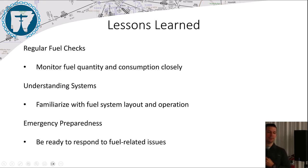So our lessons learned here: regular fuel checks. Monitor your fuel quantity and consumption closely. You can do that in flight, and more importantly, do it after flight. I try to be very disciplined, especially when I'm flying a plane that's unfamiliar to me, to keep a good fuel log. Figure out how much fuel went into each wing, and then I use ForeFlight to estimate my